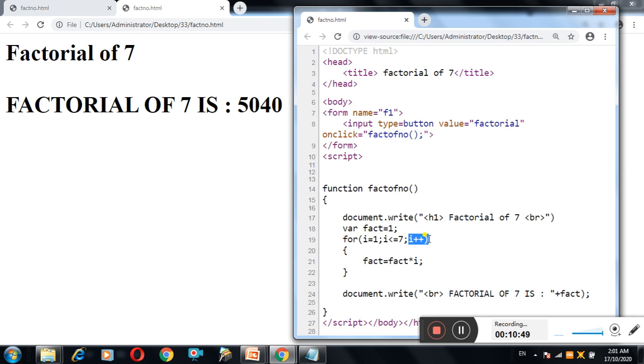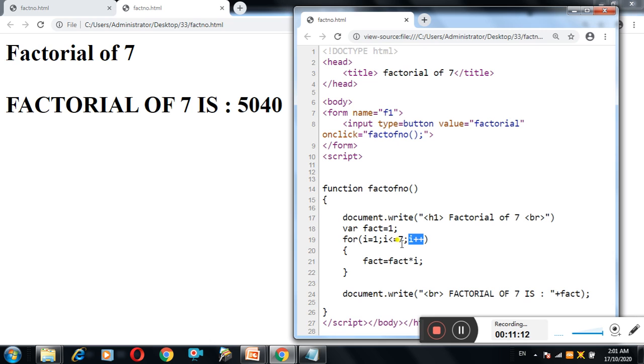The value of i is now 7. Okay, so 7 is less than or equal to 7. The condition is right. It will come inside again, will multiply these two values. So 720 into 7 is 5040. We'll save this 5040 in fact. We'll increment the operator by 1. The value of i is now 8.